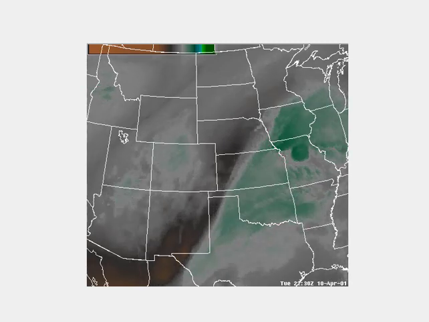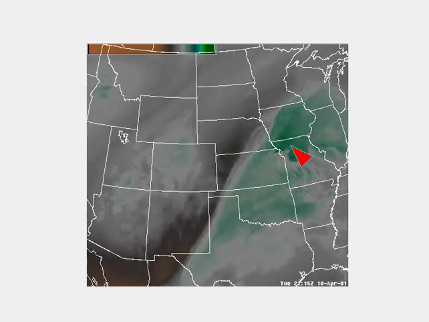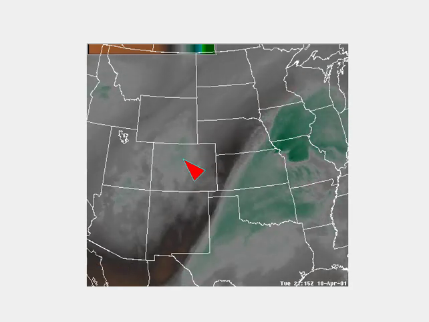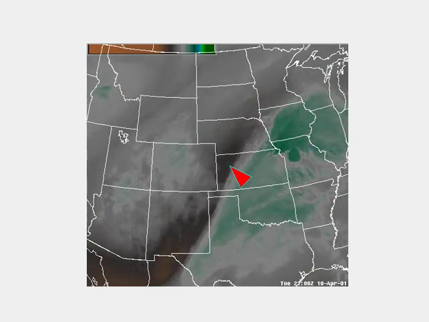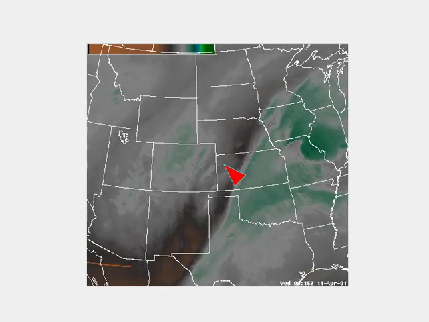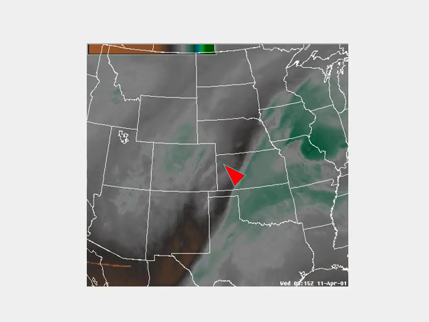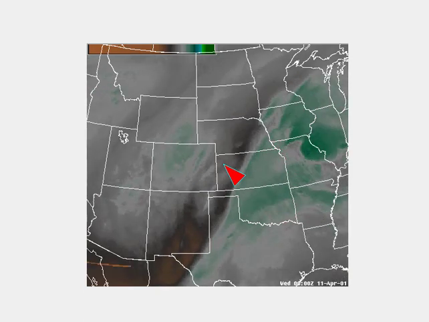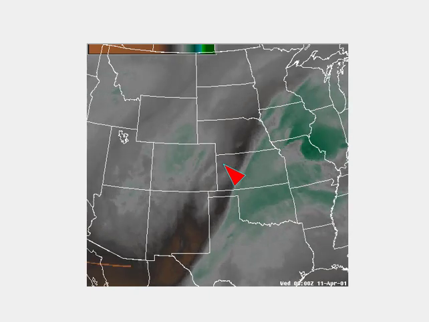Here's the water vapor imagery. First thing you'll notice here is the warm conveyor belt. Second thing you'll notice is this upper level low over Colorado here, and we see space in between the two. Now recall, this is cold air cyclogenesis, and the next thing you would be looking for is, you would ask yourself the question, is this going to evolve into an instant occlusion type of cyclogenesis? And the thing you would look for